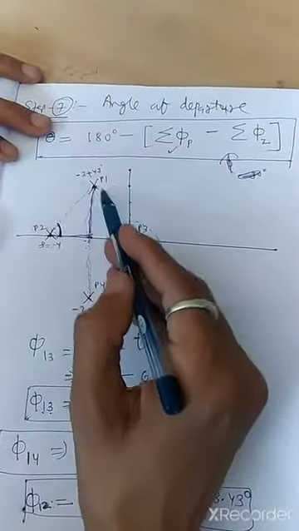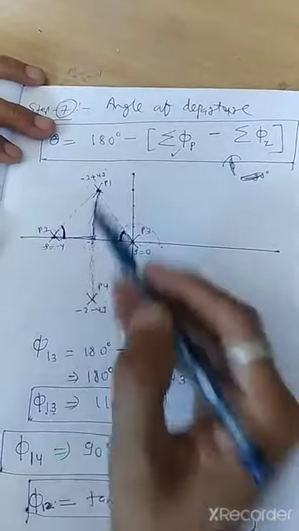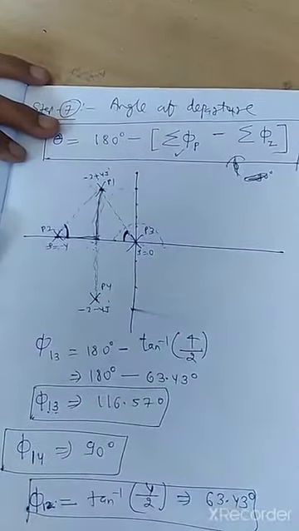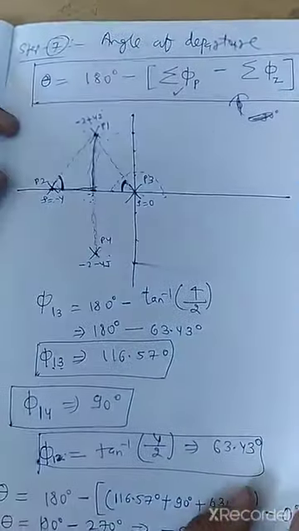Now, if here the angle of departure is minus 90, what is the angle of departure here? That is plus 90. So minus 90 and plus 90 are my angles of departure. Now we have completed all of the 7th step. Now remember one thing: if in a root locus question no complex pole is there, then there is no need to do step number 2, because step number 2 is the angle of departure step, and it is only valid for questions in which a complex pole or complex zero is present. Otherwise this step is not valid.